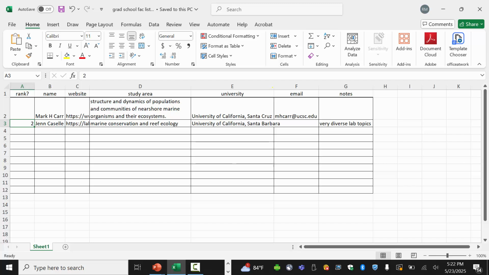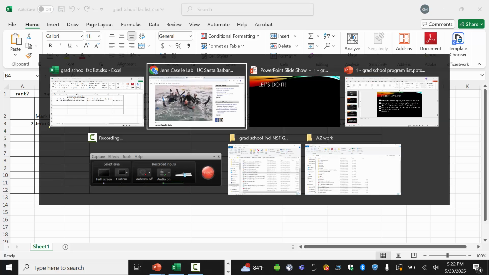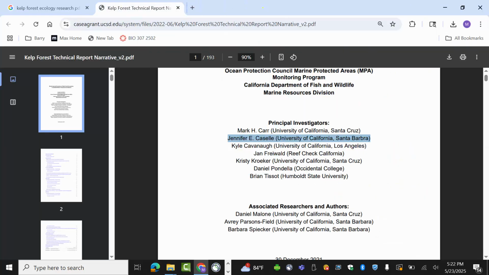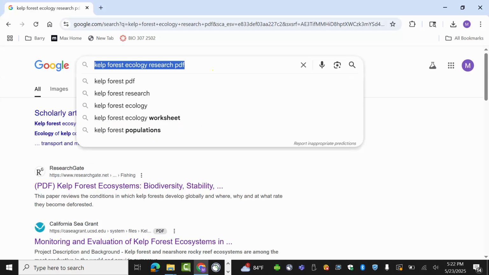But remember, the name of this game is numbers and speed. We want to build a big, big, big list, and we don't want to waste our time worrying about little details. Little details will come later. Okay, and these are just some people. Let's say you don't want to go that route. So this is looking for research papers, and that's a great way to do it. But you could also just do